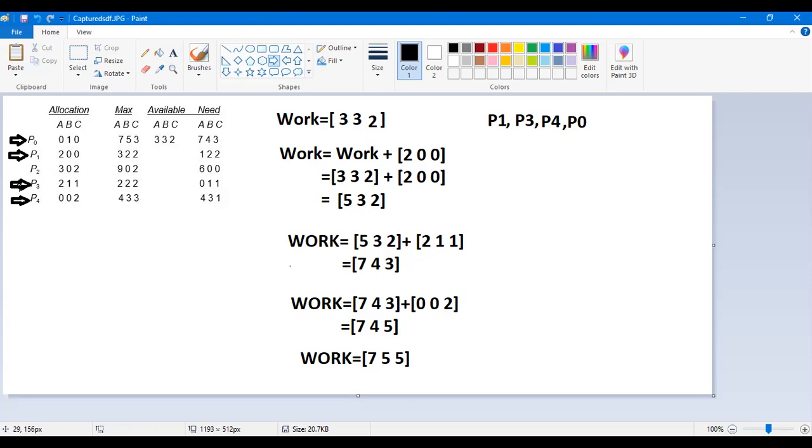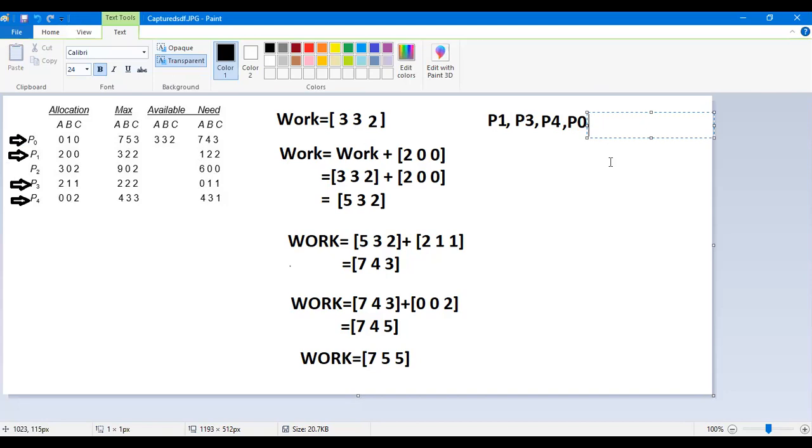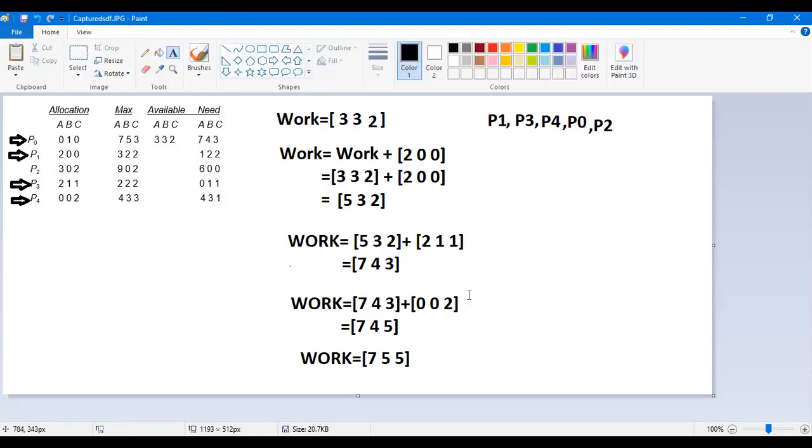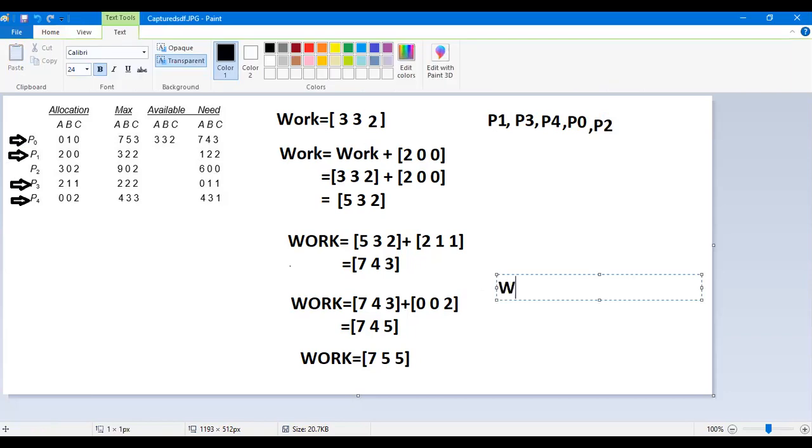Can we fulfill the request of P2, 600? Yes, we can execute P2 also. Then your work will be 755 plus 302, which gives 10, 5 and 7.